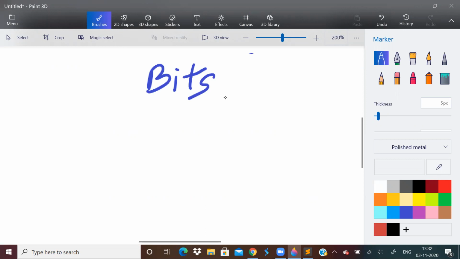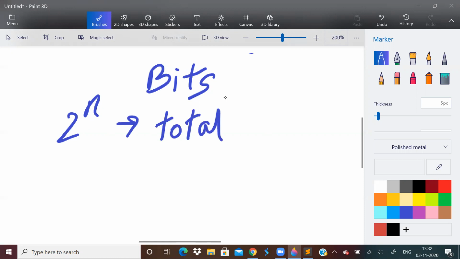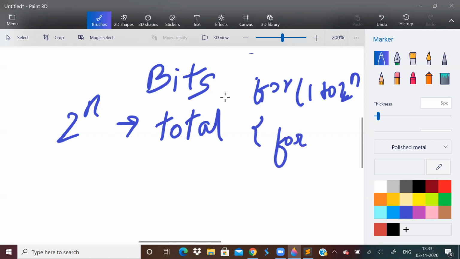To understand this problem, you first need to understand there will be 2 power n subsequences. So I need a variable total, which is equal to 2 power n. And I will run 2 for loops. The outer for loop will go from 1 to 2 power n, and the inner for loop will scan through the string.